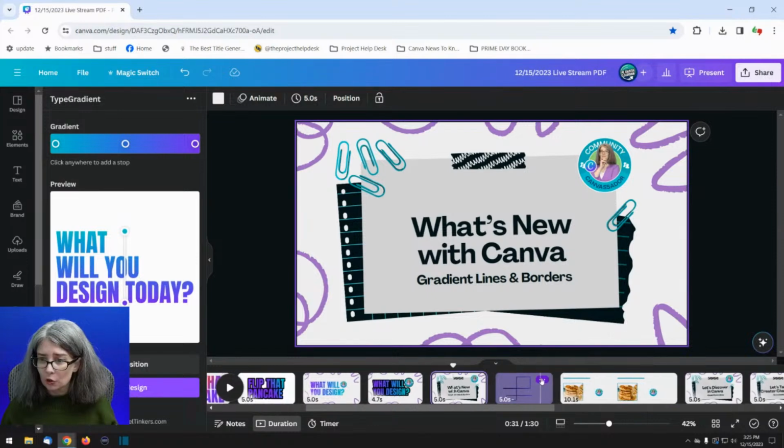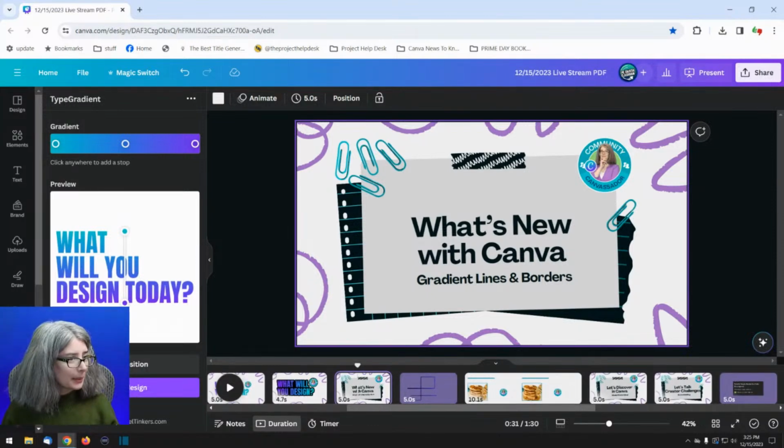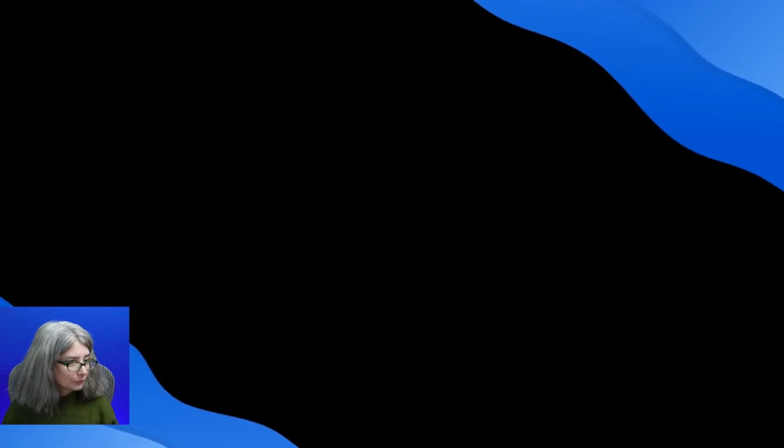We went over gradient lines and borders. Let me look at my list of what's next. Your flipping pancake text. All right, now, the next thing on the agenda, I've got to find it.